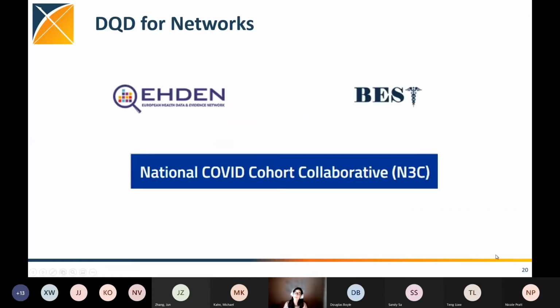All right, so I've got a couple minutes left. I just want to touch on some of the networks that are currently using this tool and how they found it helpful. So we've got the European Health Data and Evidence Network. And if you've been around OHDSI, you've probably heard about them before, but they are born out of a large IMI grant that was given to Erasmus University, as well as a public-private partnership, and it's managed by Janssen Research and Development, where